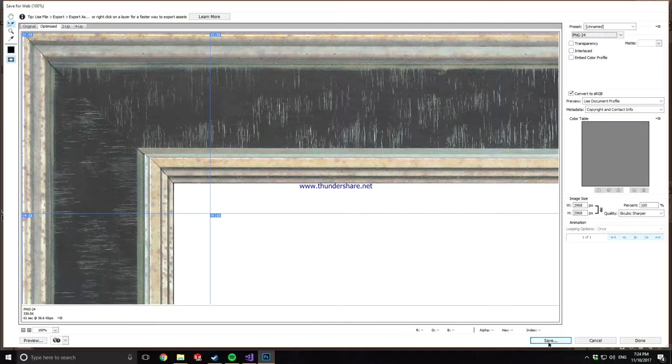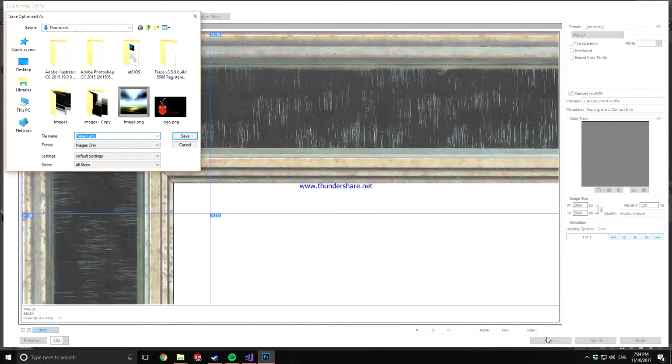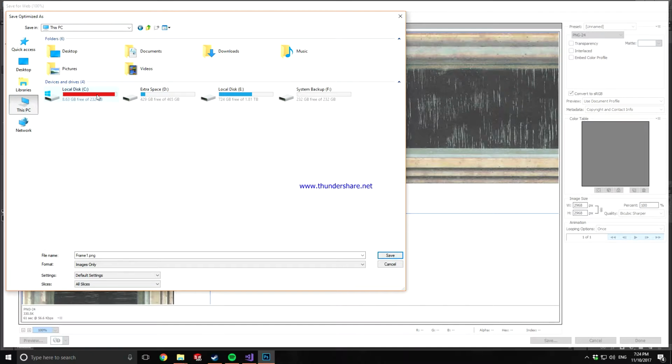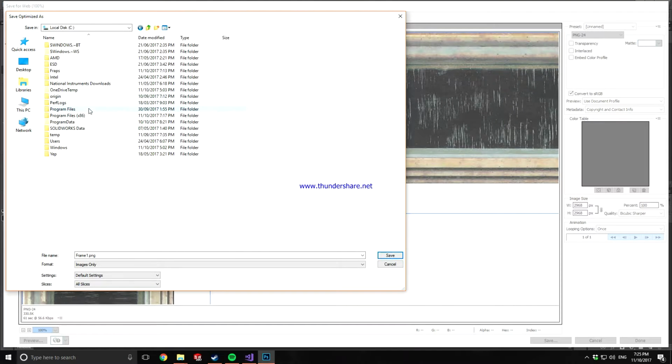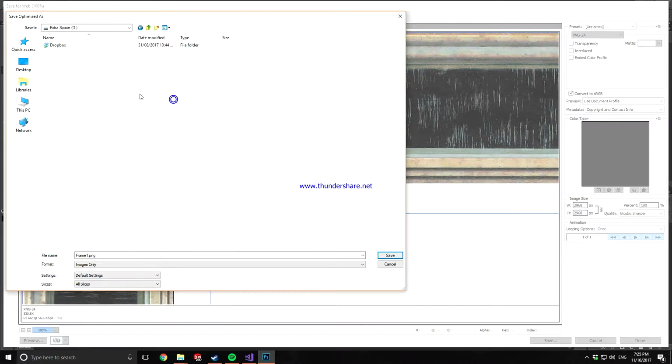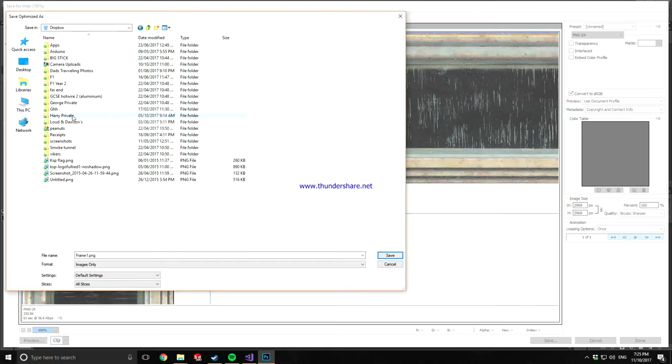So now press the Save button. What we need to do is locate our installation folder where our software actually is. On my computer, I'll just go to it now. With yours, it'll probably be in Program Files. But currently on mine, because I'm still in development, it is,